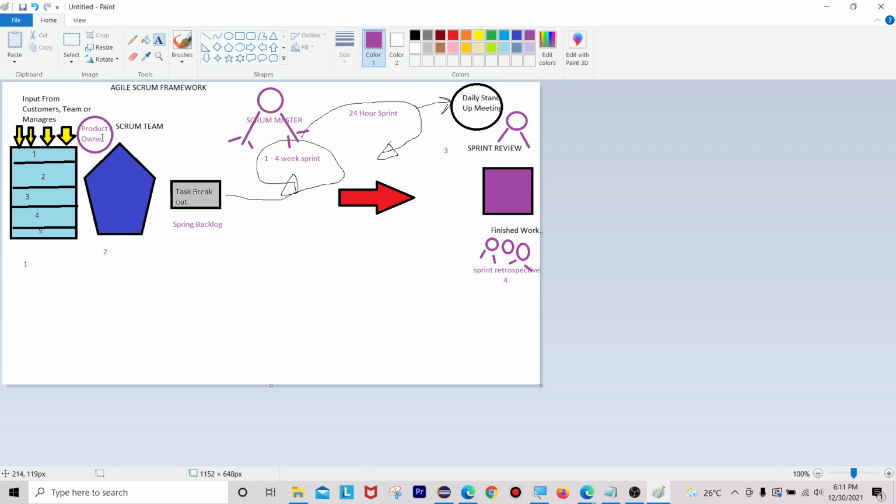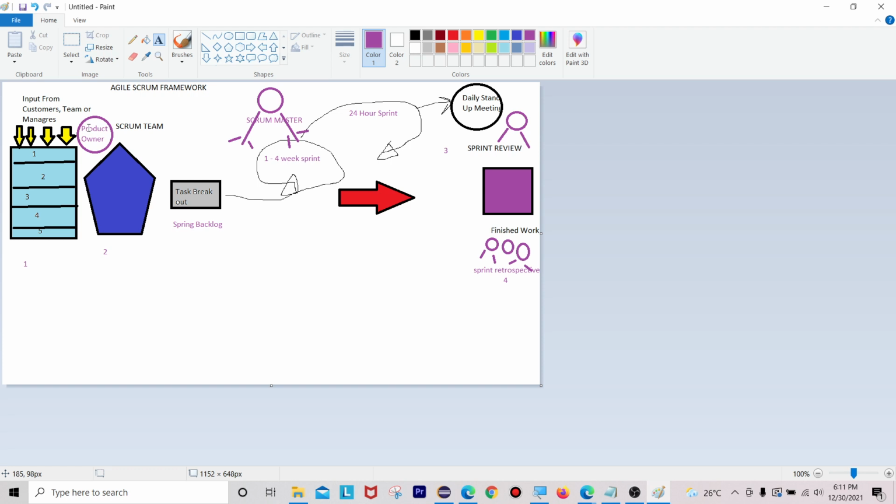In Scrum, there is no term called requirements or functionalities. In Scrum, there is only one term, called stories.